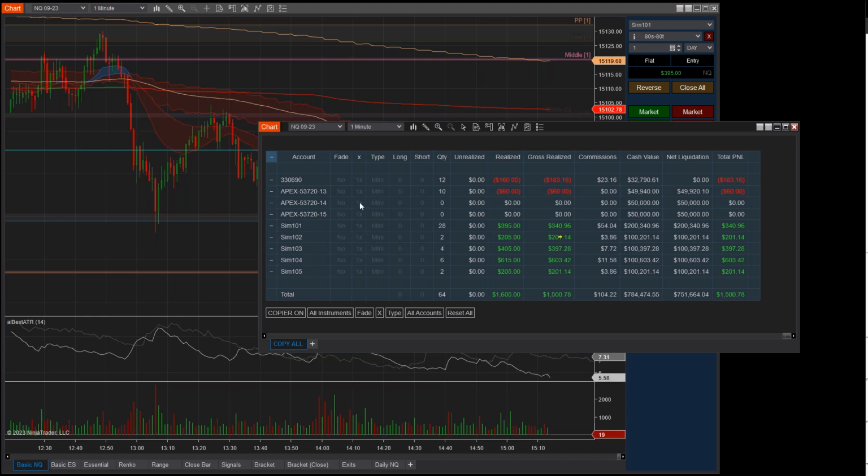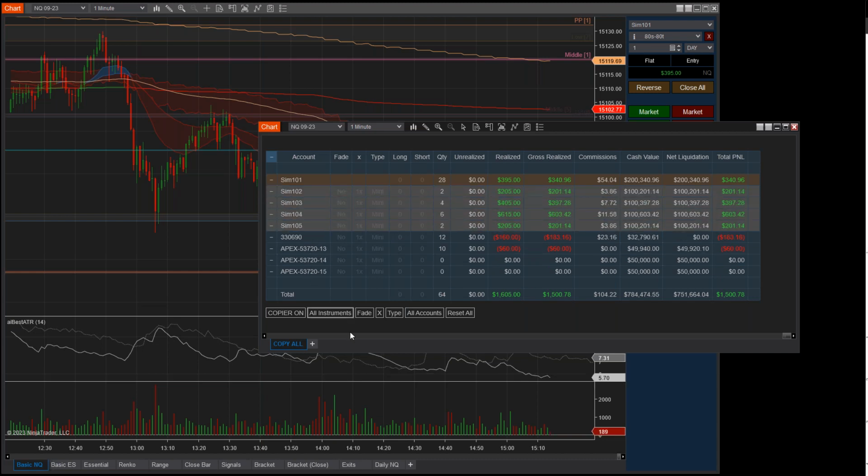And so how you're going to set an account as a leader account or a master account is by just double clicking on this dash. For this example, I'm going to do SIM 101 as my lead account. Then you would set follower accounts by clicking on the account name. You can see the accounts that turn gray are the follower accounts. At this time, I'm going to have 102, 103, and 104 as the follower accounts and 101 as the master account.